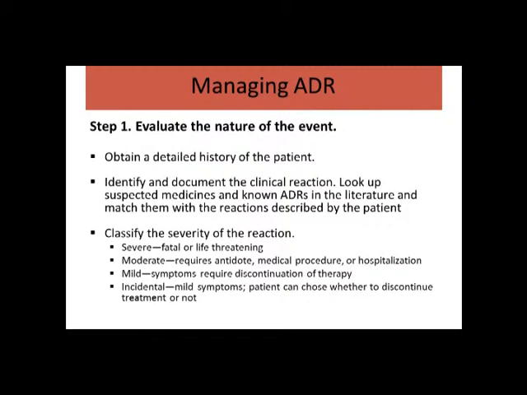You also need to go back and look into the books about new ADRs, try to find out that this ADR was never reported before, and try to find out the causality between the administered drug and the ADR. Once you identify that this drug has caused an ADR, you need to classify the severity of the reaction into severe, mild, moderate, incidental. We have discussed this in our adverse drug reactions 1 video, so I won't go into those details now. Again, if you are new to my channel, go back and look at my video on adverse drug reactions 1, where I talked about how to classify ADRs.